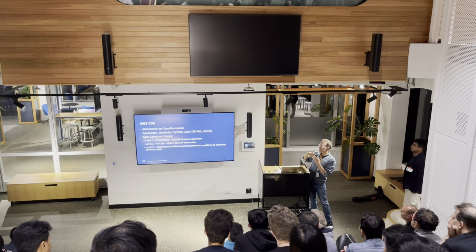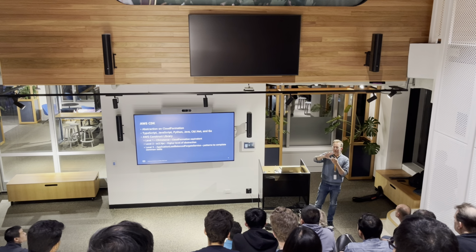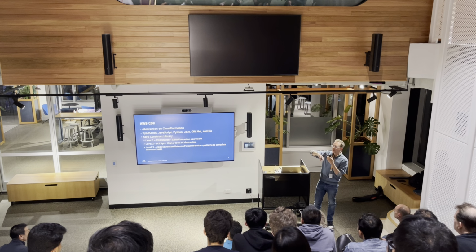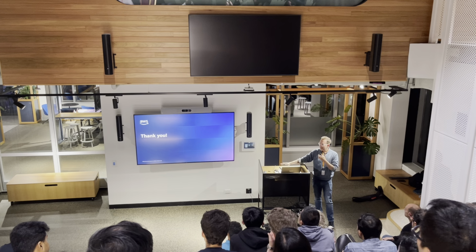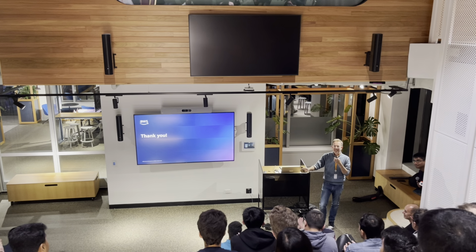Within an organization, we might have one particular way that we like to create VPCs, so we'll create a construct to do that. A level 3 construct is a very opinionated construct. It's a pattern to do a common task. So there's one out there to create an application load balanced Fargate service. With just 3 lines of code, it will go off and create all of the Elastic Container Service resources, and you point it at a single Docker Hub image or something like that, and it will create all the resources to host it. So level 3 is at a much higher level up the stack. Okay, and that's where I wrap it up. Thank you all.